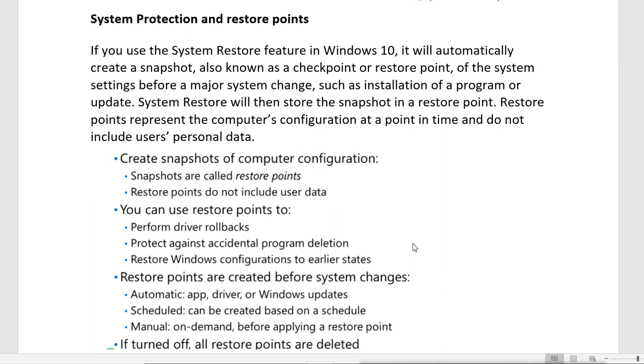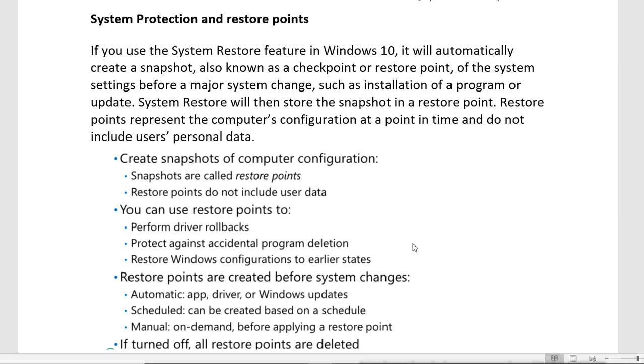So suppose right now my machine is working properly and I want to install some big software, or maybe a driver, a graphic driver, or some kind of application or a game, and I feel like this is not a proper application and maybe it can harm or corrupt my system.